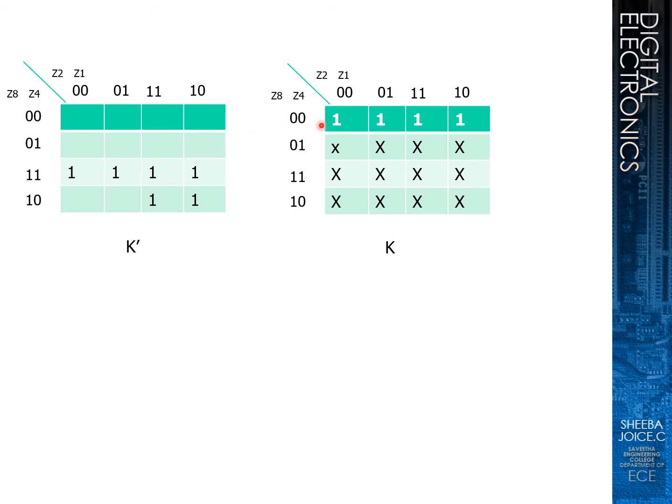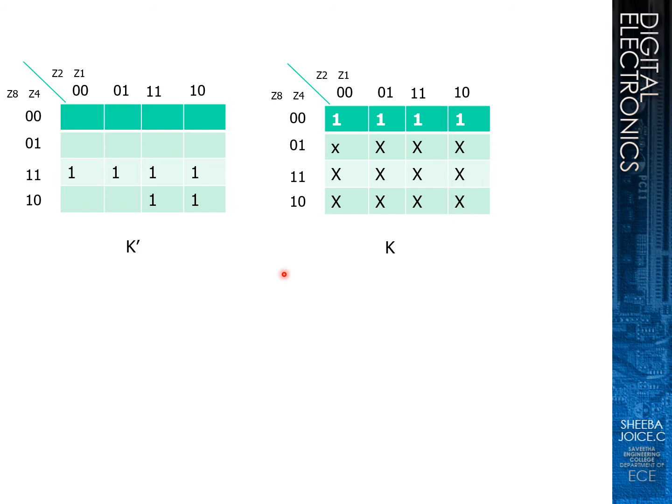Here it is going to be a 5 variable K map where K, Z8, Z4, Z2, Z1 are the inputs and C is going to be the output. We are going to map C into this K map. So while mapping we can see up to 19 we can have the values. From 20 to 31 in the truth table we do not have any values for C. So we are going to treat them as don't cares. So 20 to 31 we fill it up with don't cares.